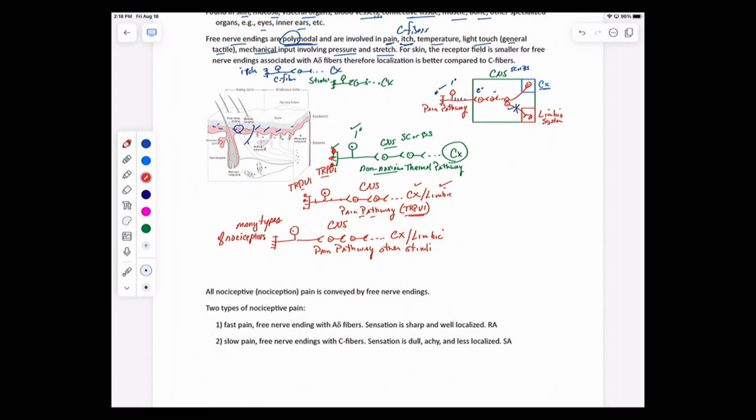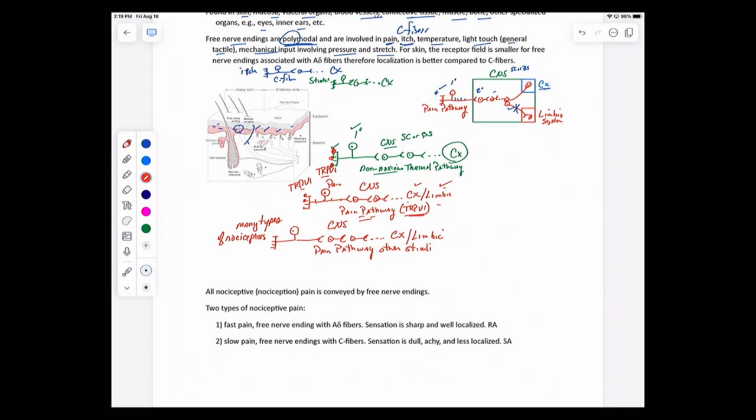But if you have a TRPV1 and it's associated with a neuron that is a pain neuron, part of the pain pathway, then when it gets stimulated, it's going to be getting to the part of the brain where I will experience pain. The same thing would hold for cold. If I have something very cold that is painful, again, it is going to be involving the receptors for coldness that are also associated with pain. And again, it will then cause that pain pathway associated with extreme cold to be stimulated, and then I would have the subjective experience of that.